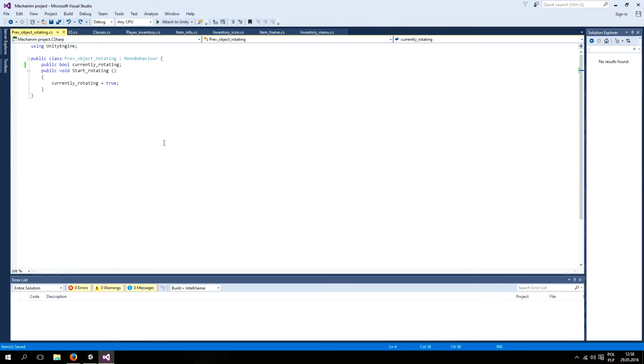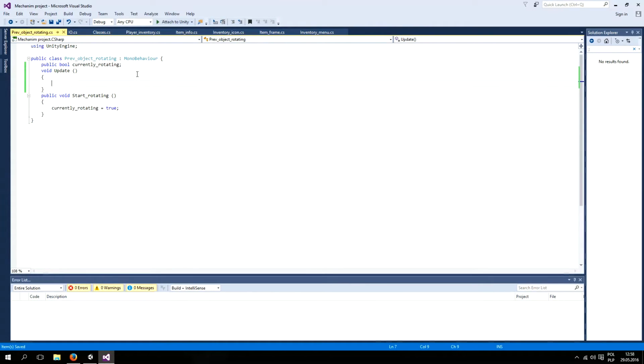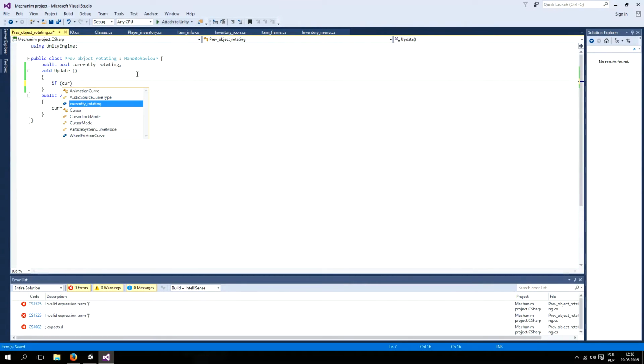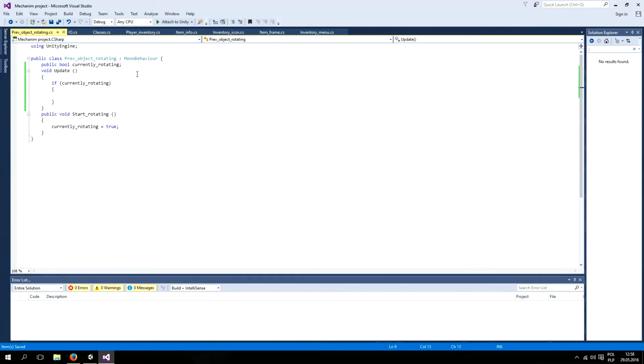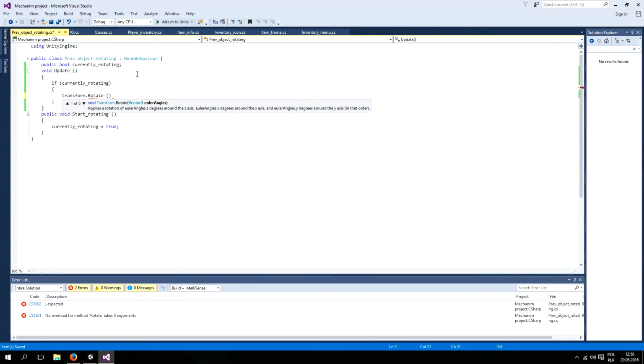Okay, and here in Update, if currentlyRotating, I will call transform.Rotate with a new Vector3, and now